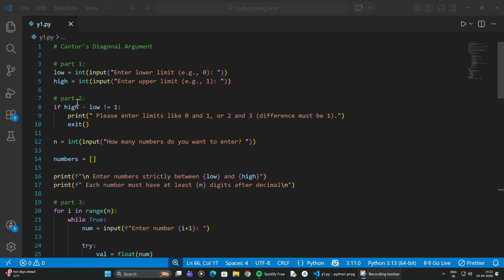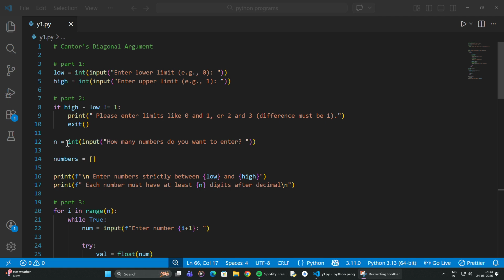In part 2, if high minus low does not equal 1, we ensure the length is exactly 1 or not. As Cantor's argument works on intervals like 0 to 1, 2 to 3 or 5 to 6, because all numbers share the same integer part.